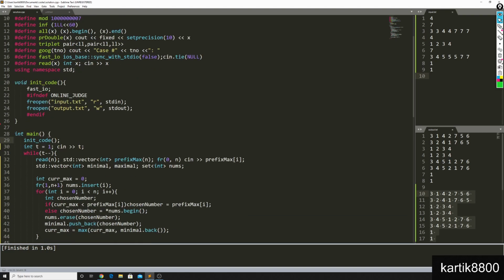So what I did was, I took the first n natural numbers in a set, nums. I just inserted the first n natural numbers in the set. I'm trying to build the minimal, lexicographically minimal array A, whose prefix max array is this. And as we talked, I'll be choosing a number to put in at the ith position based on the current max. Initially I initialized my current max to 0, the largest element I've seen till now. Let's say I'm talking about qi, or prefix max i, and I'm trying to figure out what number I should put in at this position. I know what the largest number is that has appeared in the first i minus 1 numbers.